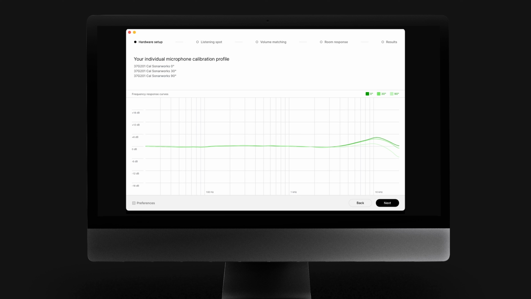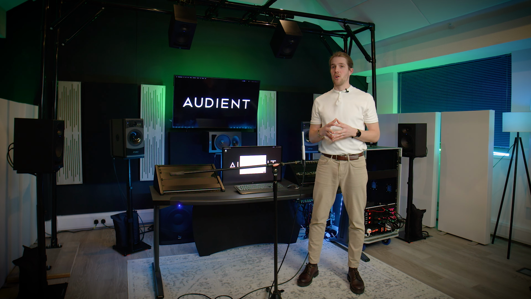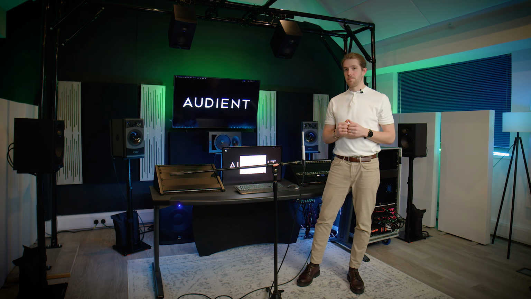This will upload the frequency response profile of this particular mic in 3 different angles. Having frequency response profiles in different angles is very important due to the nature of measuring an immersive audio setup. This information is normally not available.